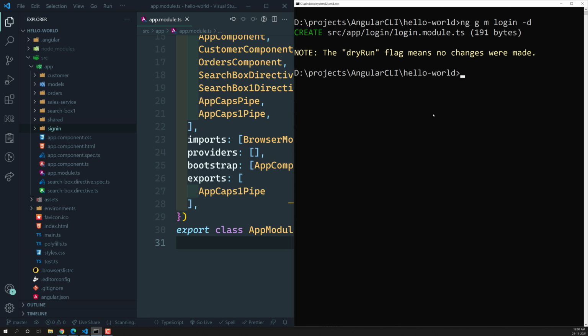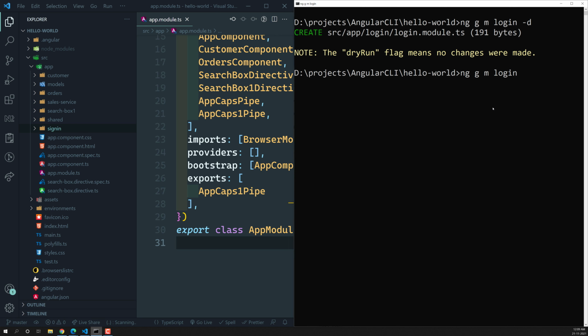Here, only one file is created in the app folder. A new folder has been created with the name of the module, login, and in that login folder a new file is created, which is login.module.ts. Fine, let's run the command without using the dry run.